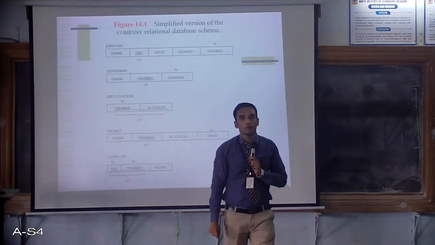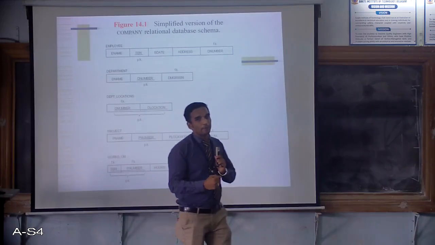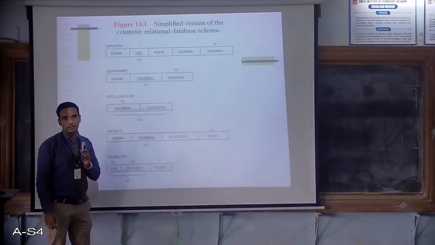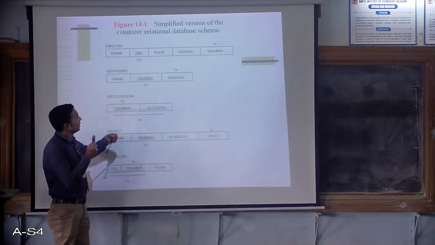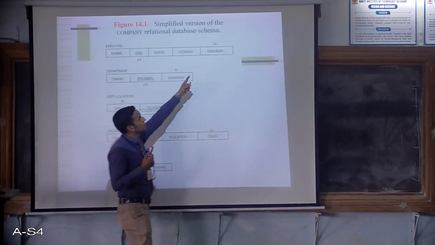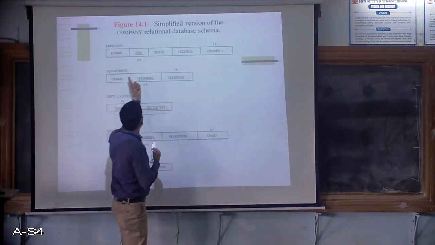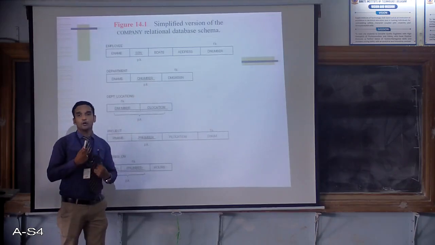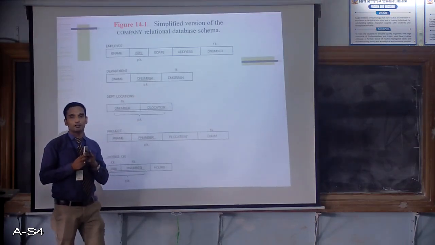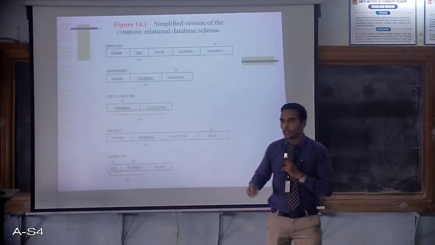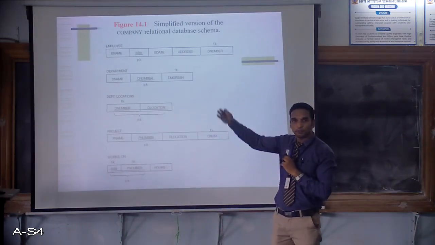Now we know what is a foreign key. A primary key of one table which refers to another table is known as the foreign key. Now, the department number here is the key attribute, so it refers to the department table's D number. That is called a foreign key. So make sure that when you are designing relations, entities and relations should be kept far apart.